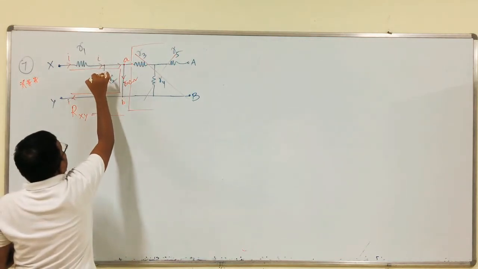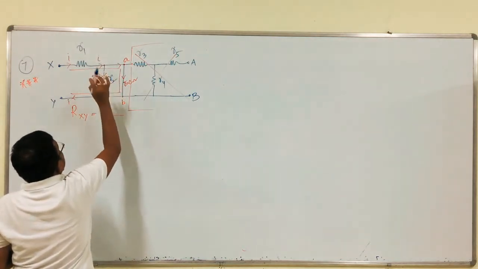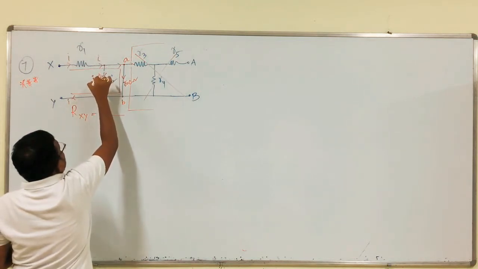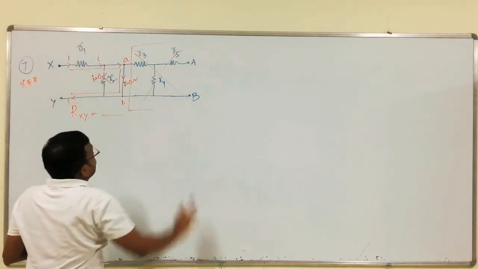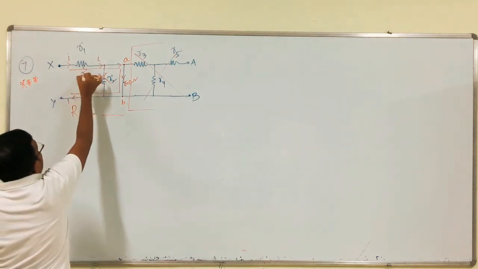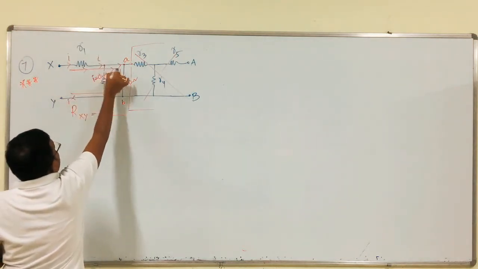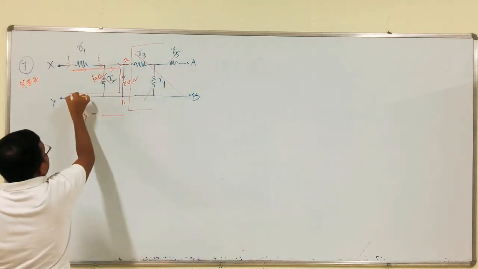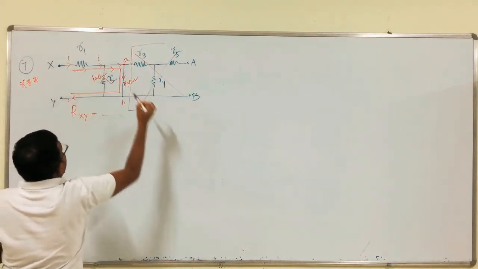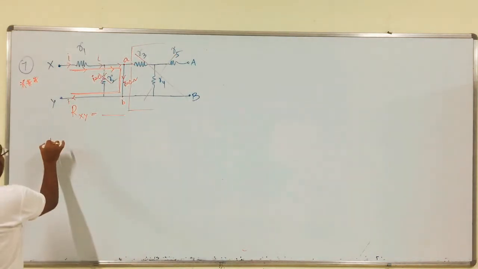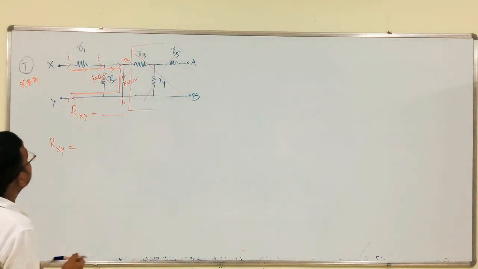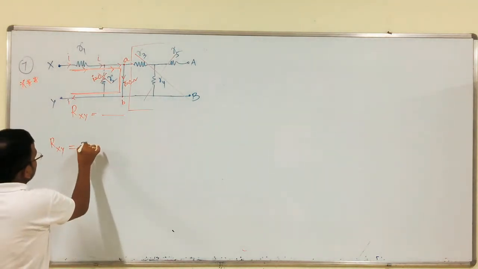Obviously, there is no current through this R2 also. I is equal to 0 here. Why is I equal to 0? After reaching this point, the current will choose the low resistive path, then only KCL is satisfied. Therefore, see the path. This is the path for the current. Then tell me what is the value of R x y? Simply that is R1.